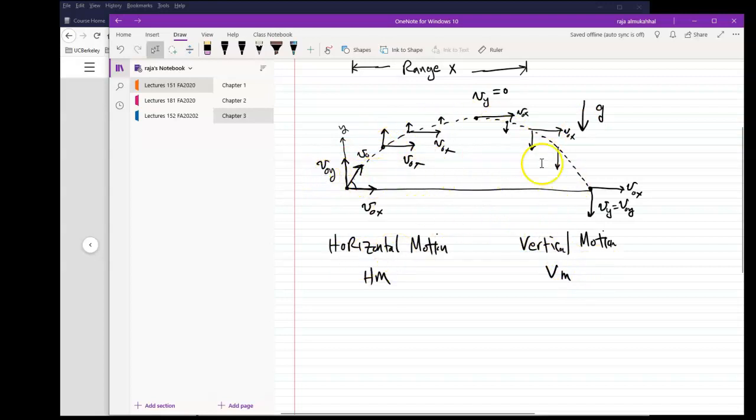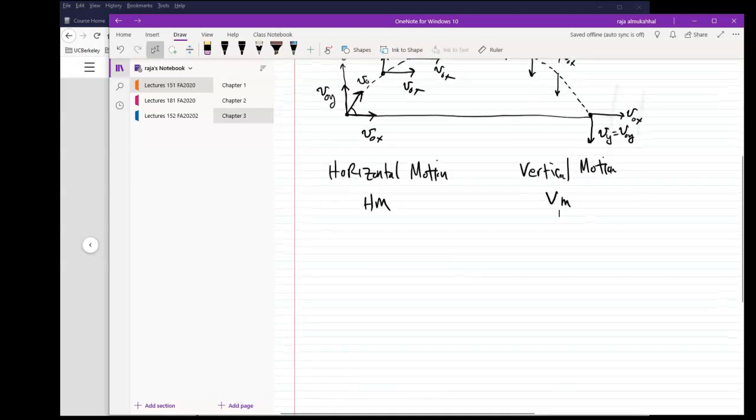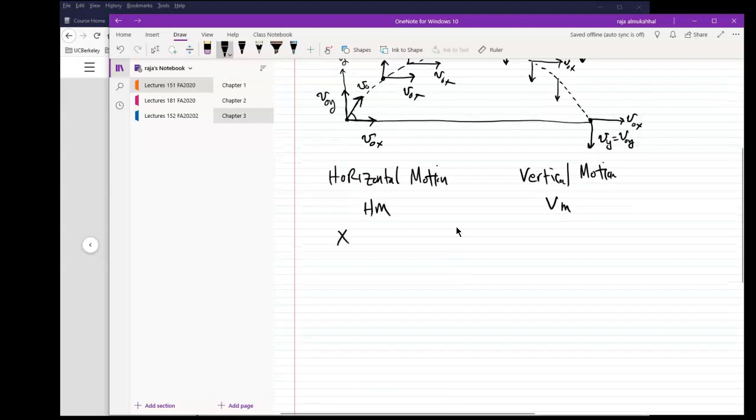However, horizontal motion is in the horizontal direction along the x-axis, where there is no acceleration in that direction. And of course the velocity is constant, so if I'm going to measure the range of the projectile, which is basically what I showed you here, this range is related to the x component of the velocity. So the range x is equal to v naught x times t. See what I'm saying? This is an important formula to keep in mind when it comes to calculating the range of the projectile. How far did it go? Horizontally, that is. Okay? Where for the vertical motion, well, that's free fall,